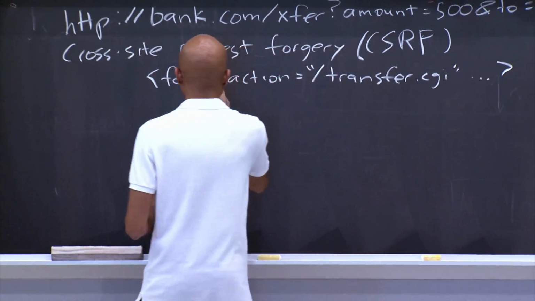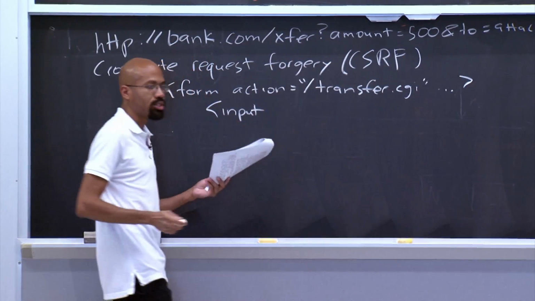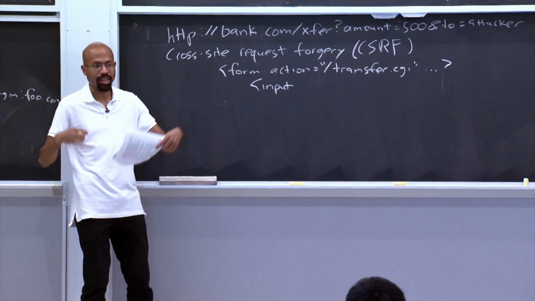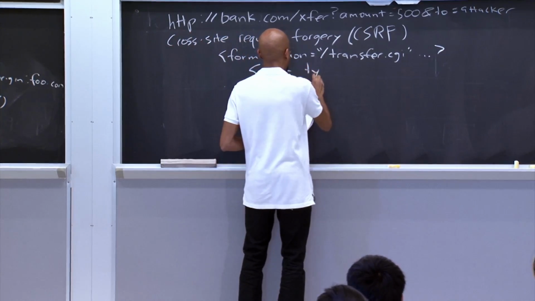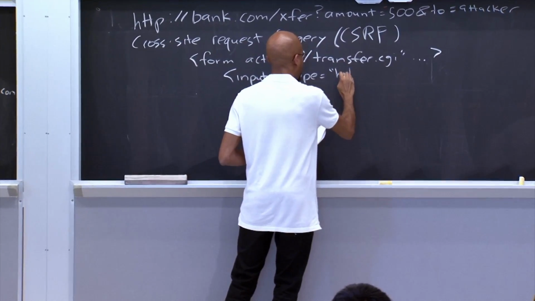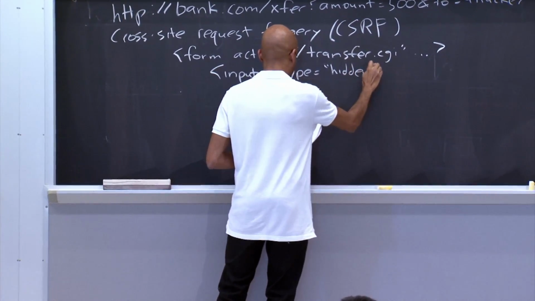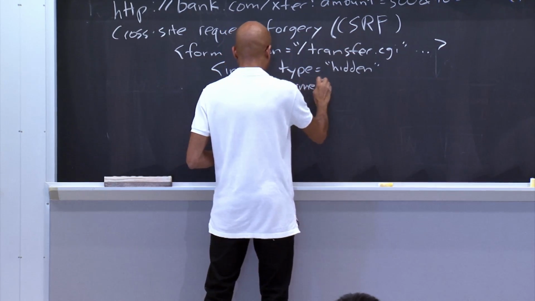And then inside this form, you're going to have an input. Inputs are usually used to get in user input like text, key presses, mouse clicks, stuff like that. But we can actually give this input a type of hidden, which means that it's not shown to the user. And then we can give it this attribute. We'll call it